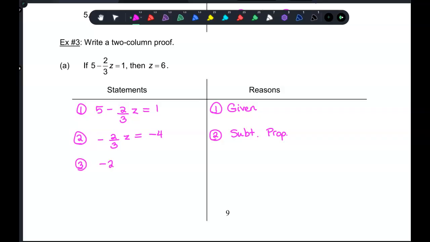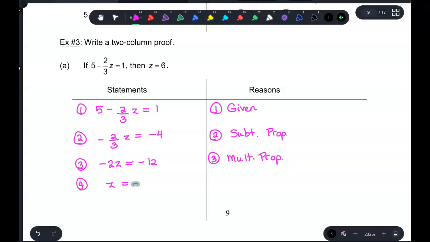So that would be a negative 2z. If I multiplied by 3, that would make that a negative 12. Are we okay with that? So that would be multiplication. And I think we just have one more. Now we can divide by negative 2, so,